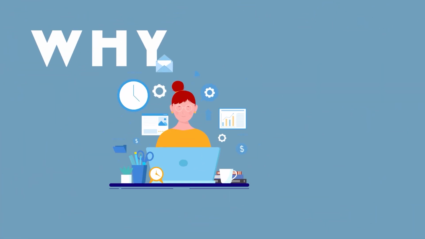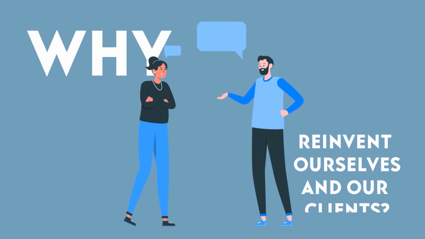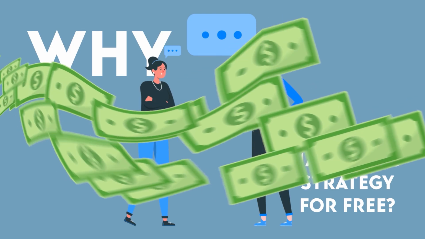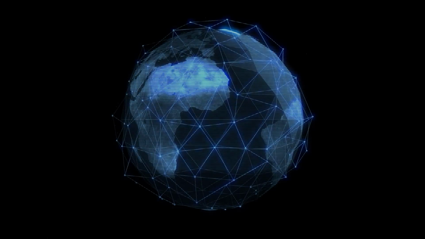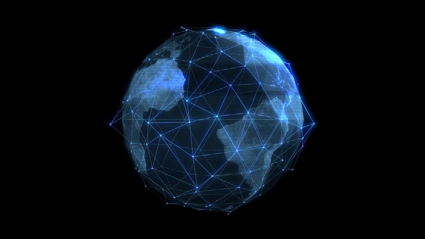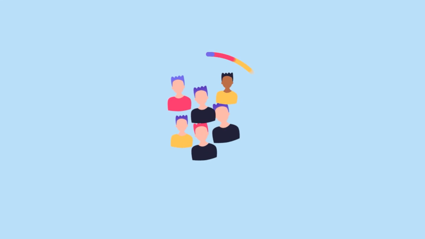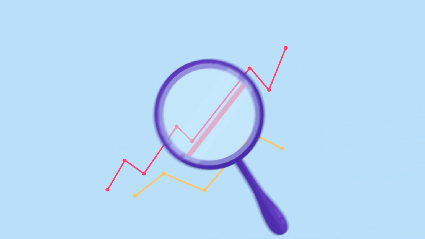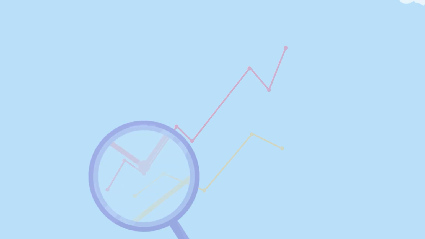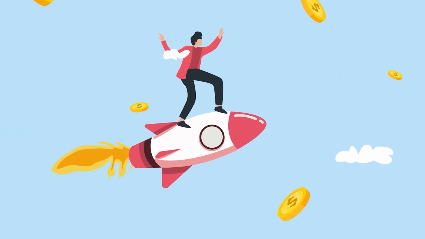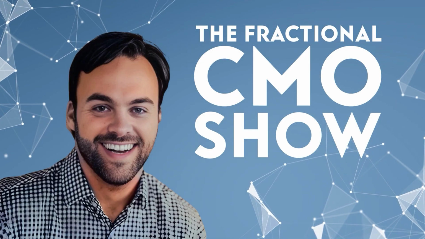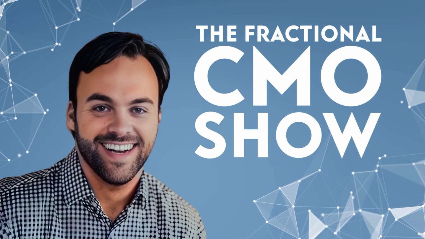Marketers of the world, why do we work hard to solve small problems? Why do we reinvent ourselves and our clients over and over? And why are we giving away marketing strategy for free? With advancements in AI, we're all seeing the marketing department shrink from the bottom up. And companies need you to serve them as their fractional chief marketing officer. It's time to solve bigger problems and bring home a bigger paycheck. It's time to create the lifestyle we deserve and to make a greater impact. This is the Fractional CMO Show, and I'm Casey Stanton. Join me as we explore this growing industry and learn to solve bigger problems as marketing leaders.